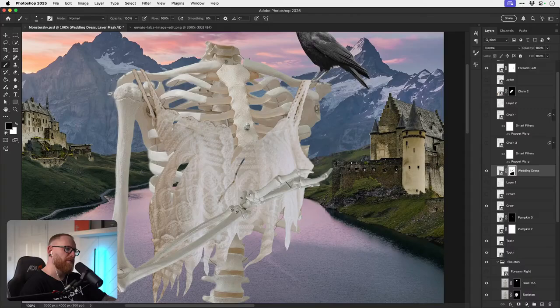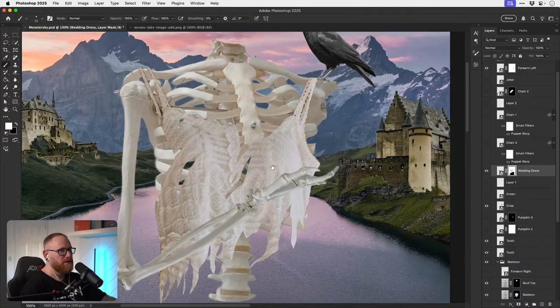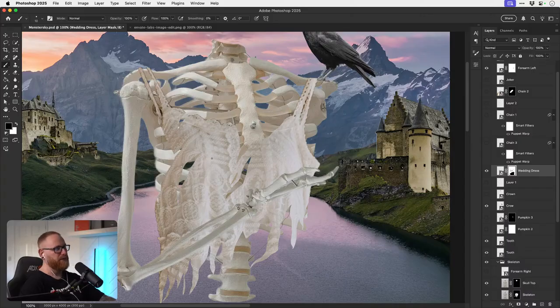I think we'll go with claw marks. So we're going to have it like this, as if there has been a big scratch. Old Skeleton King got into a fight with a tiger or something. I don't know. Skeleton lore. What about if we do a really big one that exposes lots of the ribs and stuff? And then you could even have some of the ribs sticking out in front of the dress.